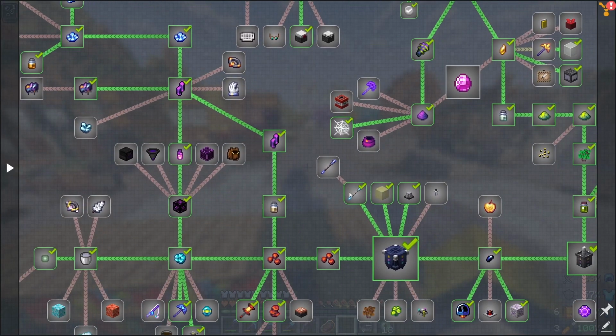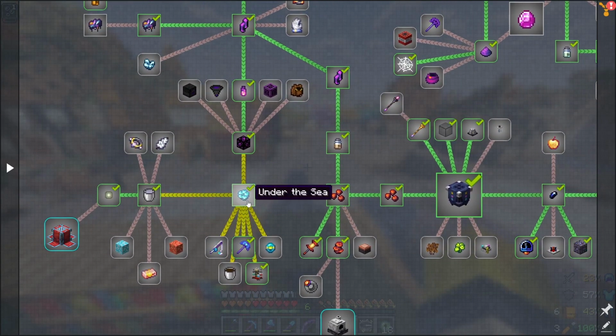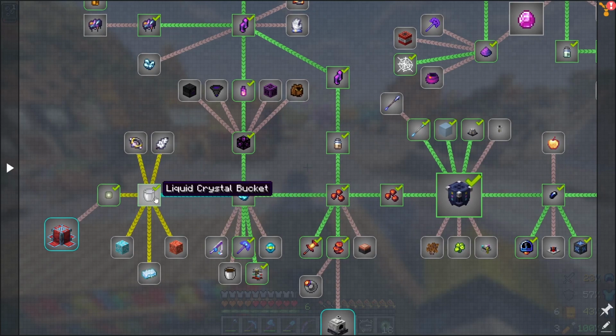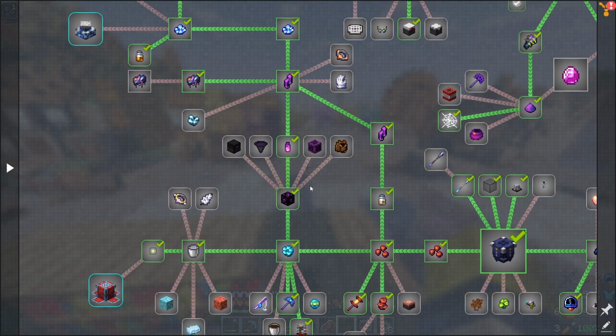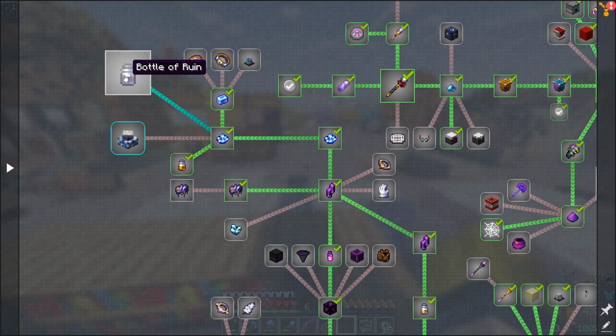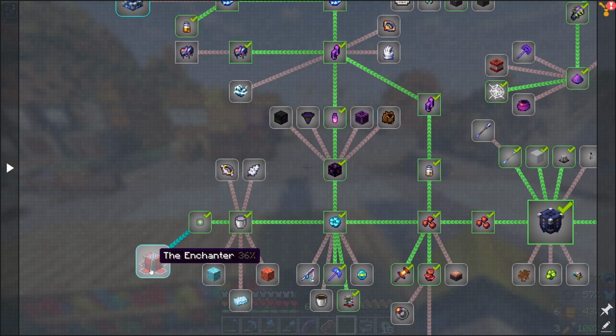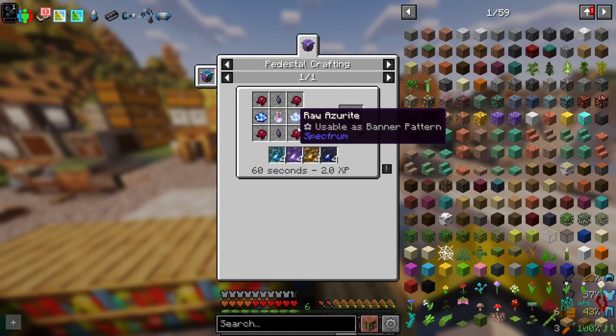I did a lot of work, I'm going to be honest, because we were like right here. So we got the under the sea one. I had to go and float around on a boat. Got liquid crystal, unlocked the Enchanter, knowledge gems, Enderman secrets, Neolith, a new ore, and we're pretty much up to here. I want to set up the Enchanter today, and I want to get us a bottle of ruin today,